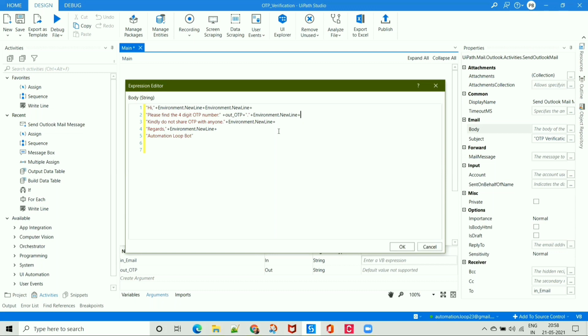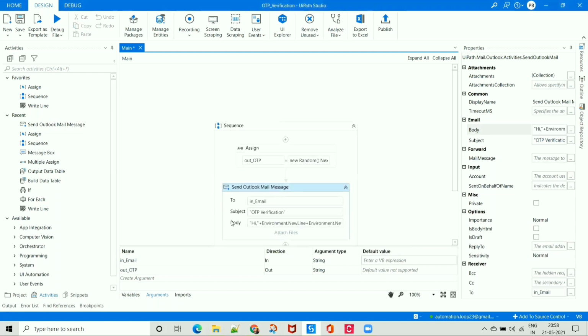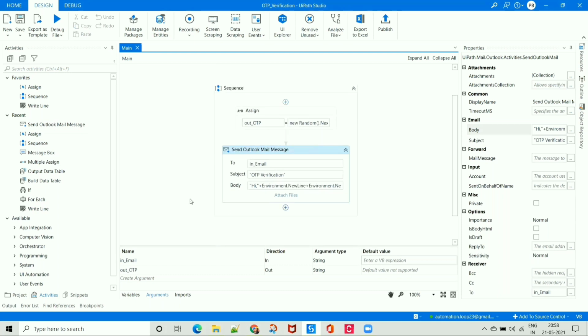So the mail body is ready. Let's click OK and let's save this process. So the process is ready.